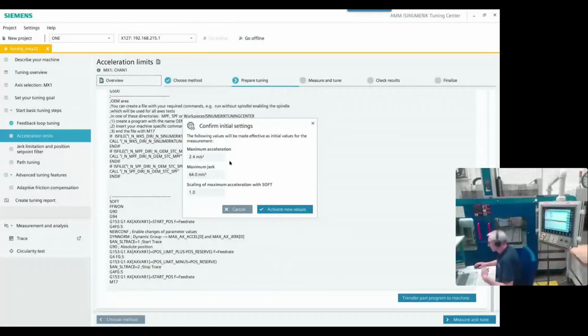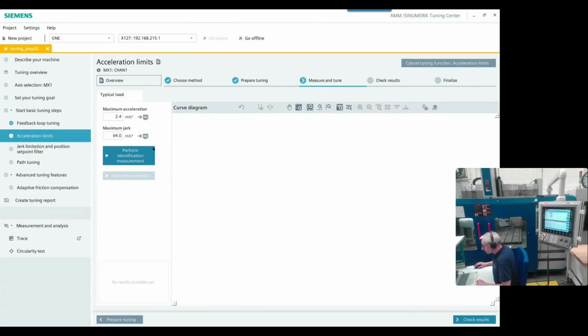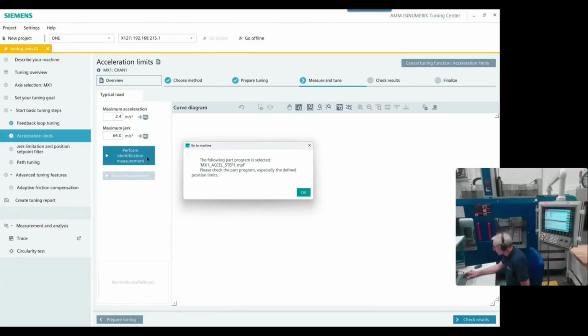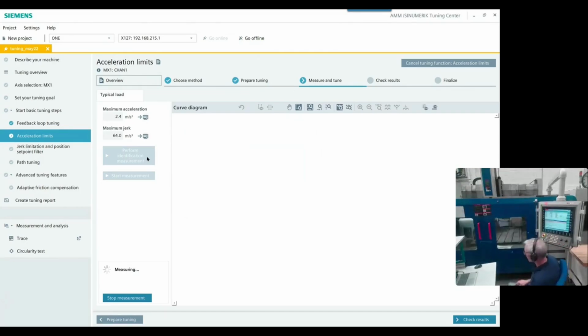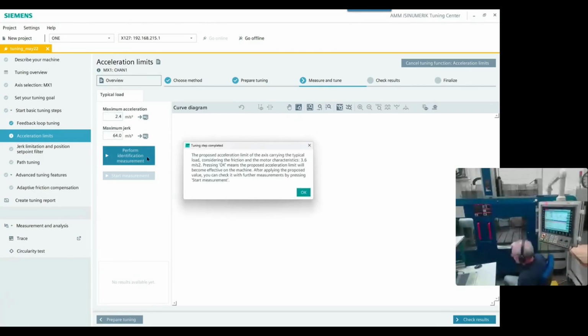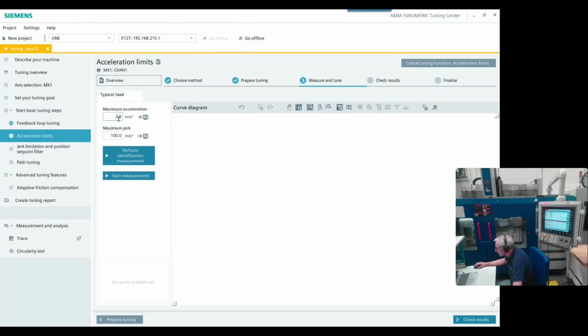Now that's the situation that STC will now activate new values. So up to now, all we have seen before was preparation, just collecting numbers, but now we make it effective. And okay, now these two new numbers are effective in the axis settings, and I do the first measurement. For that, the first test program will be automatically activated, and now I can check what the software will find. The software recommends an acceleration of 3.6. So when I accept, I will take over this recommendation,